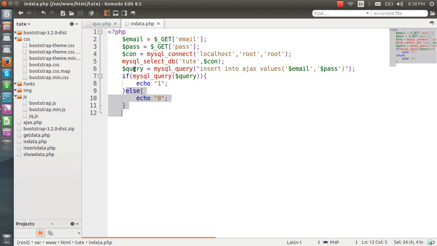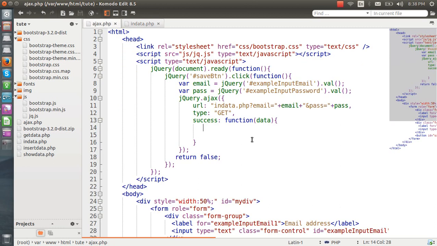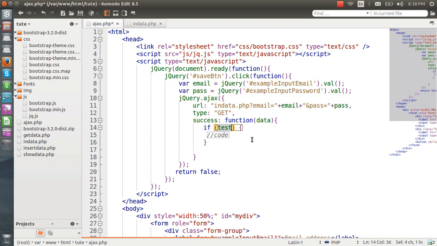Sorry, we have to count mysql underscore affected underscore rows here to get the correct result here. So I think you have got the idea. If you don't, just write to me. So it's getting the 0. I'm writing here if data is equal to 0,